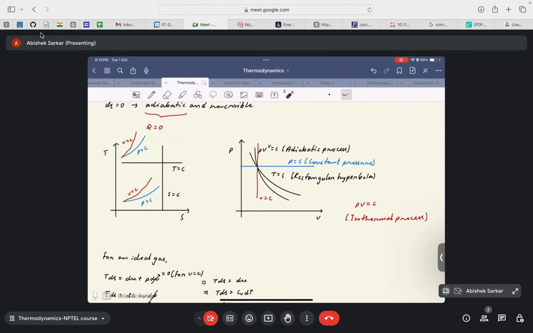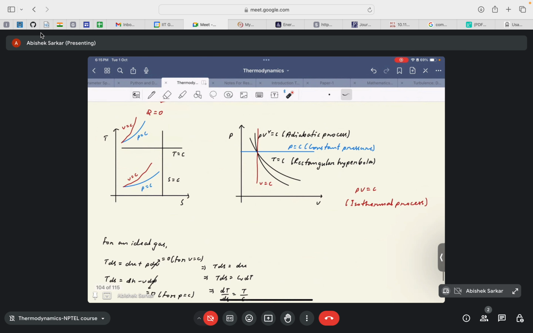Okay. Now, if we want to represent a constant pressure and a constant volume process in a TS diagram, let us start with a constant pressure process. Both are shown already, but let me start with the constant pressure process. It can be shown as a curve in the TS diagram, and similarly the constant volume process can also be shown as an increasing curve in the TS diagram. Okay,